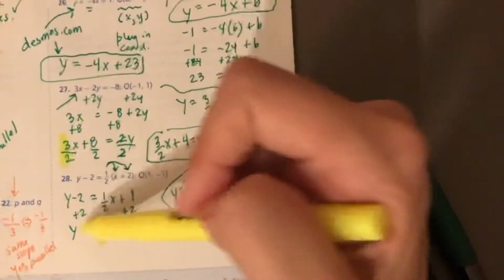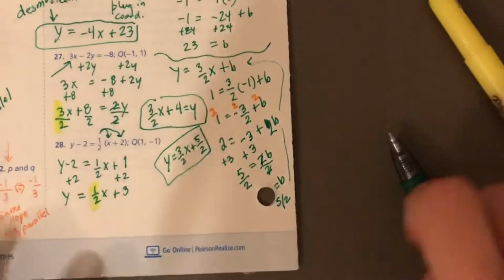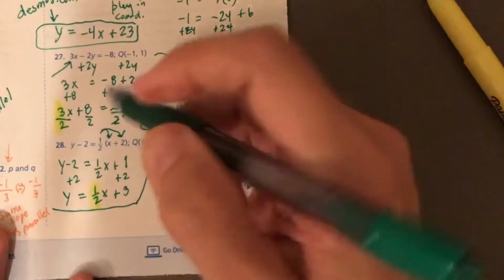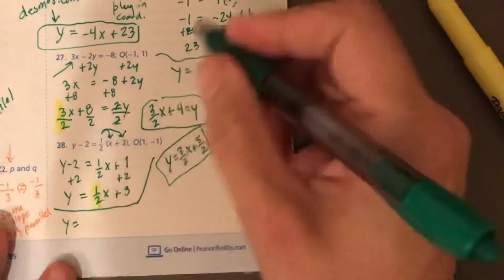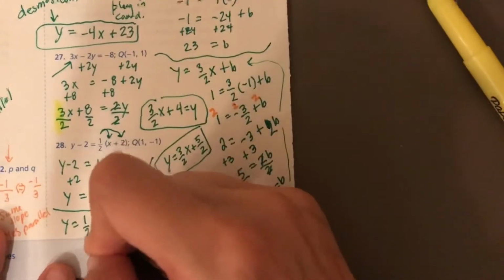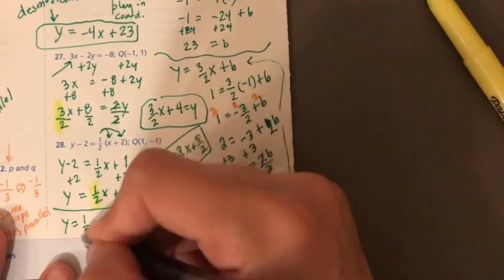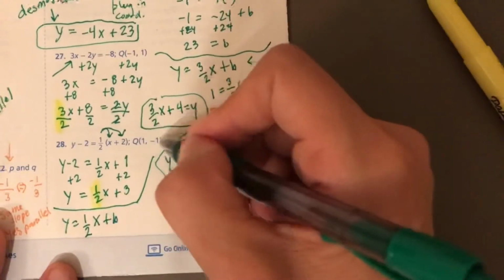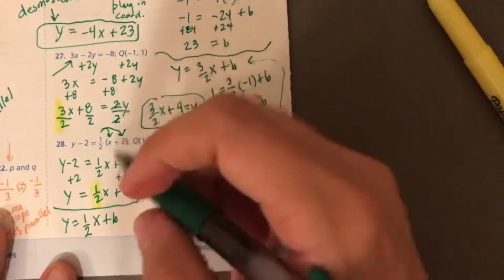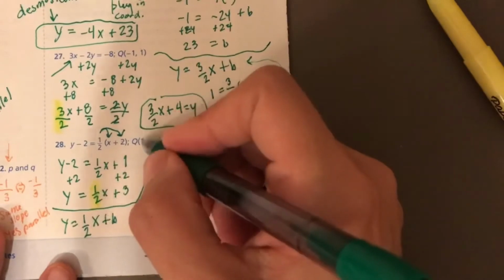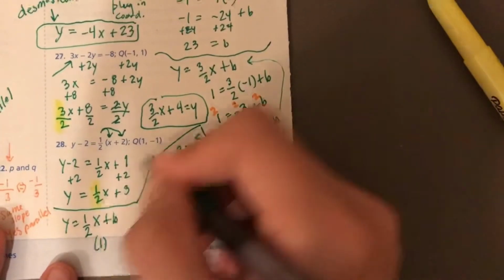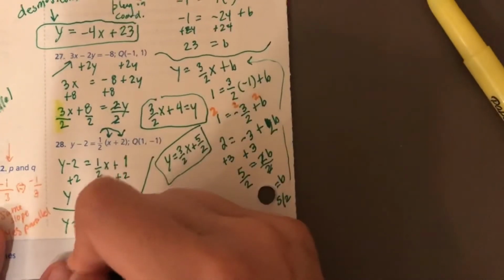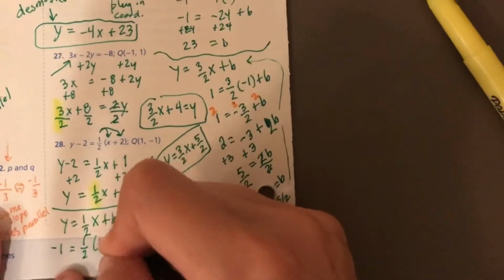Okay, so this is useful. The original equation I have, if you go to Desmos and type that in, has a slope of 1/2. So I've been asked to make a new equation, y equals mx plus b, matching that same slope because it's parallel. Okay. So I'm going to borrow that, but I don't know where the intercept is, but it has to go through this point, 1, -1. So I'm going to plug in when x is 1, so where I see the x, I plug in 1. And when y is -1,